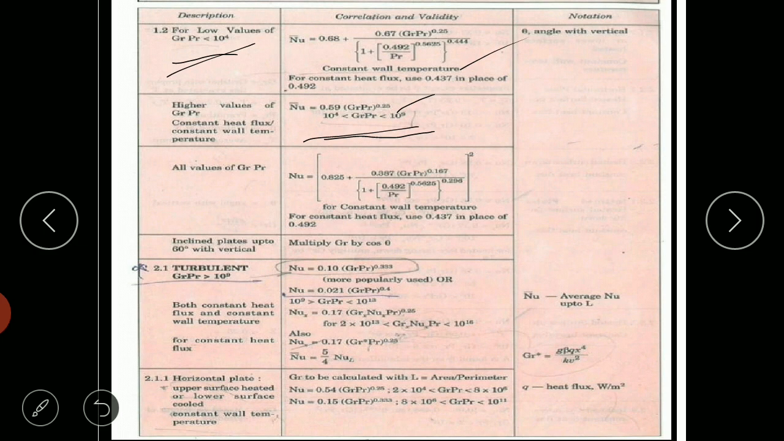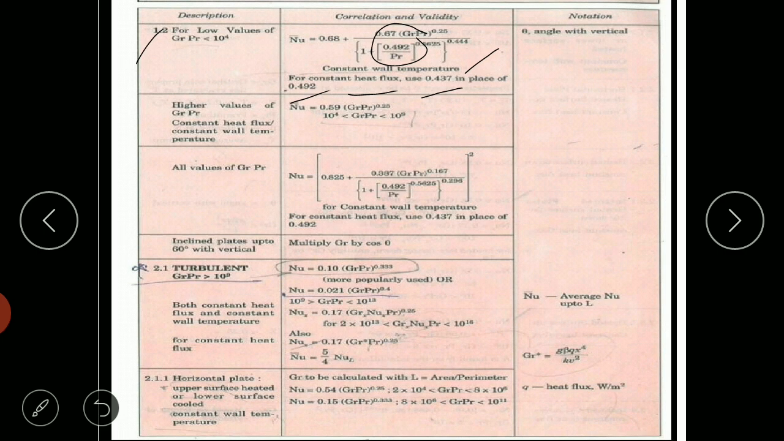Okay, and note down here, it is constant heat flux or constant wall temperature. This formula is applicable for both. Okay, but if you look at the 1.2 formula, which is less than 10 power 4, if you read here, it is constant wall temperature. So the present formula is applicable for constant wall temperature, but if it is said constant heat flux, then we have to use 0.437 in place of 0.492. Okay, you can see here 0.492 is there, that has to be replaced by 0.437 if it is a problem